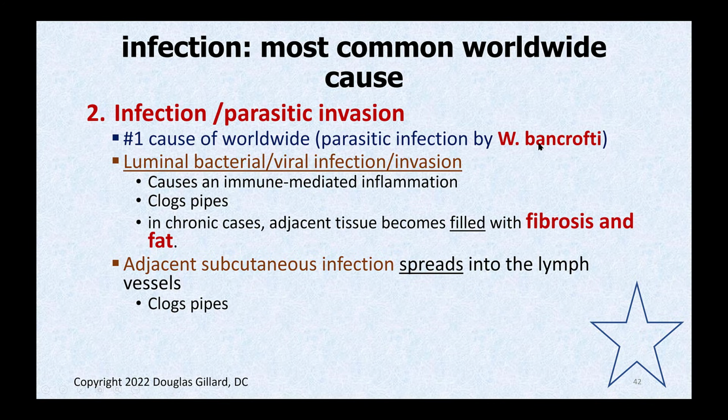The body can spot it and mount an inflammatory response. And just the inflammatory juice and swelling can act as a beaver dam. And after the swelling is gone, remember the end phase of the inflammation process is scar tissue. So fibroblasts lay down scar tissue and can scar up the lumen of the lymph vessel.